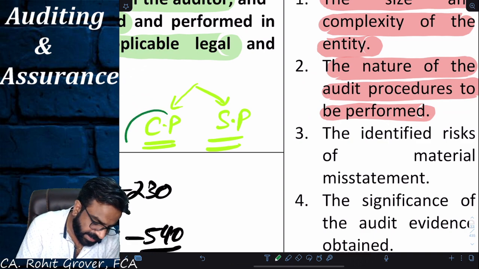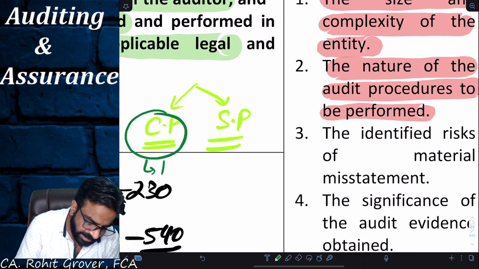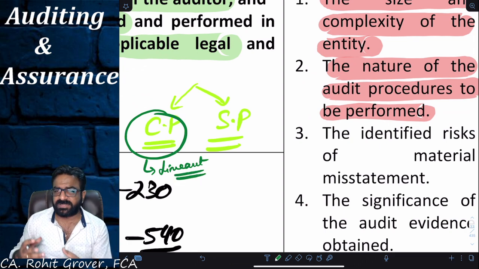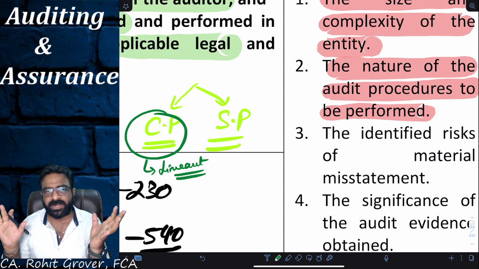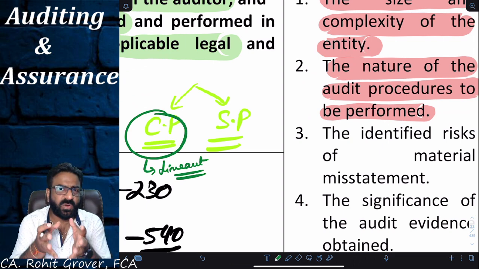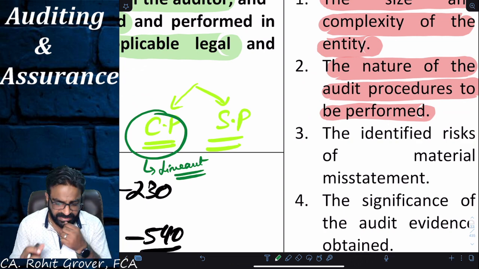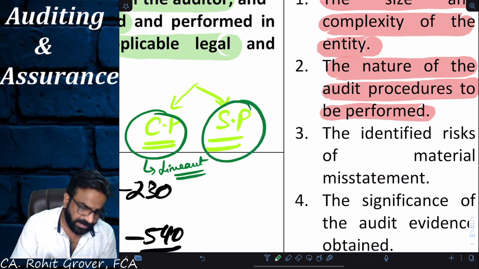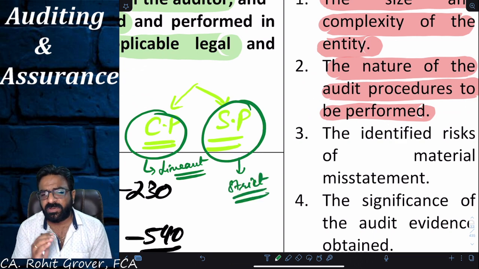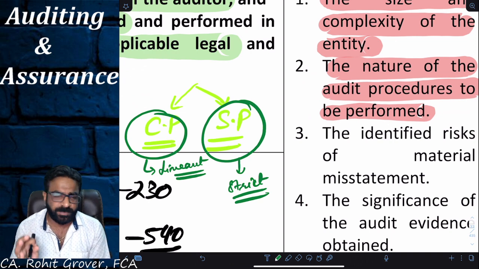Sir, what do you mean by compliance procedure? It is known as the lenient approach of doing the audit of your client. So when the client's accounting system and internal control system is super, we go lenient on our client, we go soft on our client. That is called compliance procedure. Sir, what do you mean by substantive procedure? It means you are going to be strict on your client. And tell me everyone, when you are going to be strict on your client, is your client's internal control system super or poor?